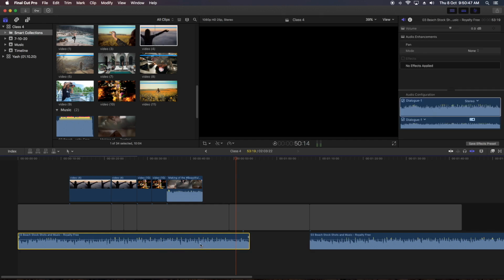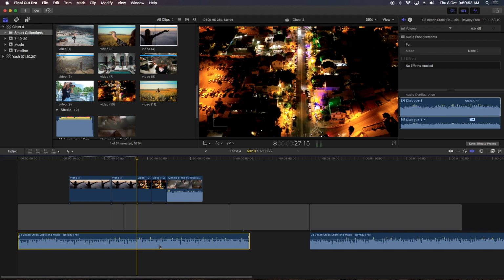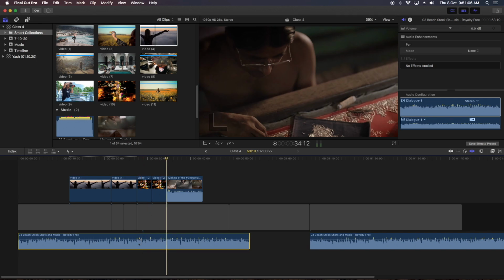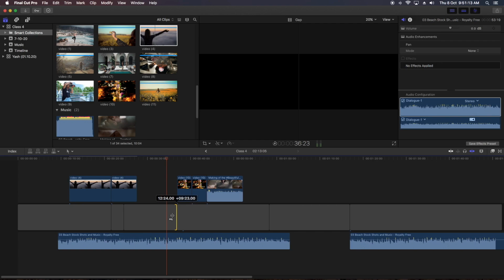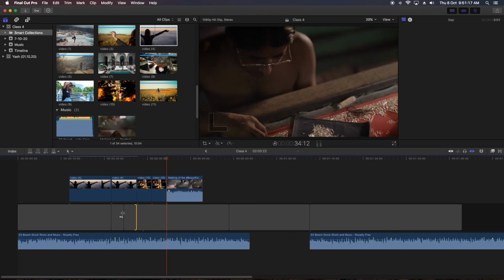So if I want to connect this audio track with this clip, I only have to select this, take the cursor here on this clip, and then again perform a connect edit. Now my audio is connected with this clip. Now if I move, the audio and video will move together. It will not move without this.